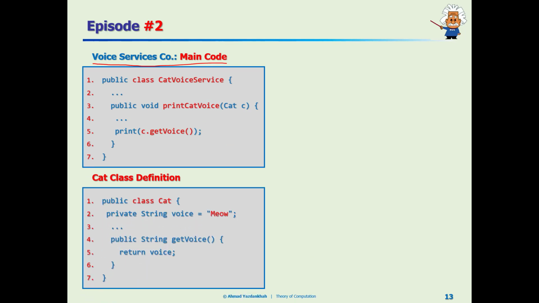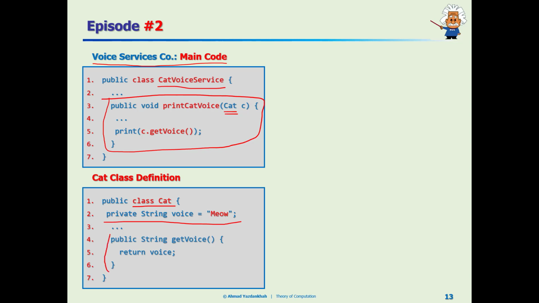So the class name is CatVoiceService, and they have this method that has a dependency on the cat class, and here is the cat class. So we have an instance variable that is the voice of that cat, and also we have a getter here